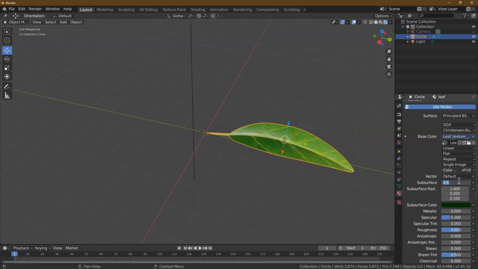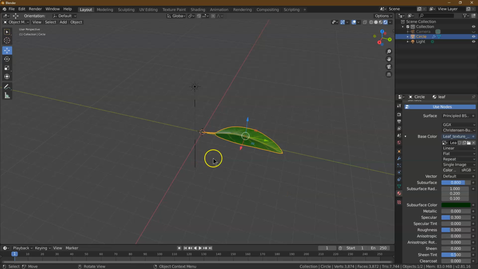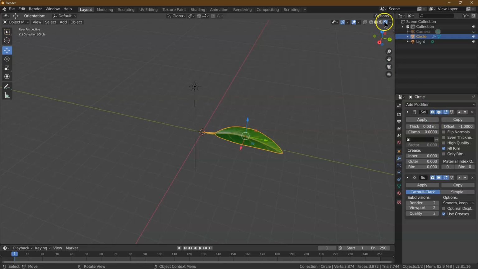Alright, so that is... Oh, yeah. I definitely wanted something more like this. And then... leaves do have a bit of a shine to them, so that's looking great now. So, with all of that ready to rock, we're going to go back to our modifiers, and I'm actually going